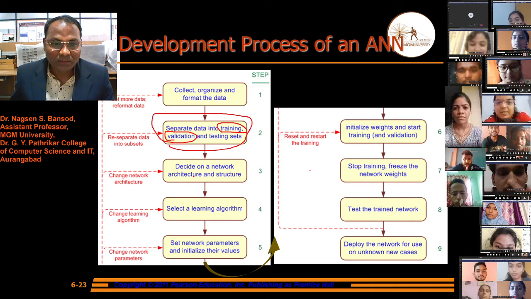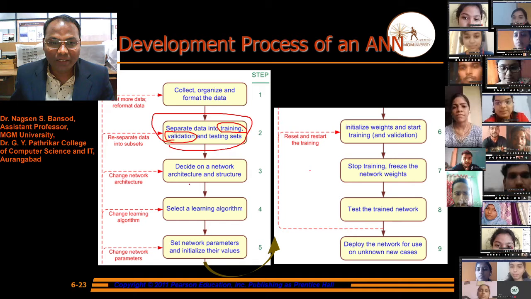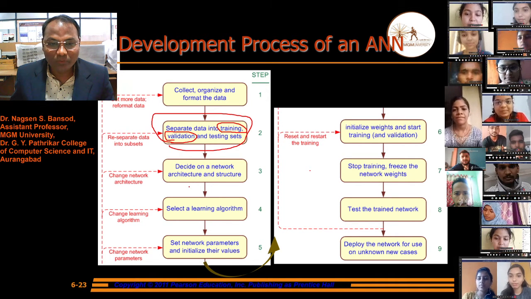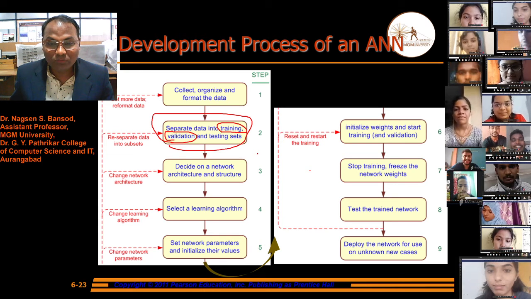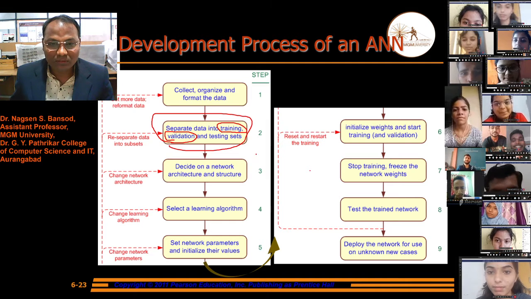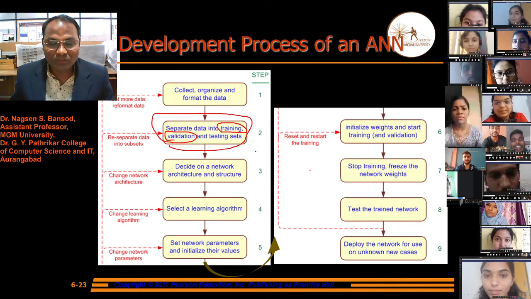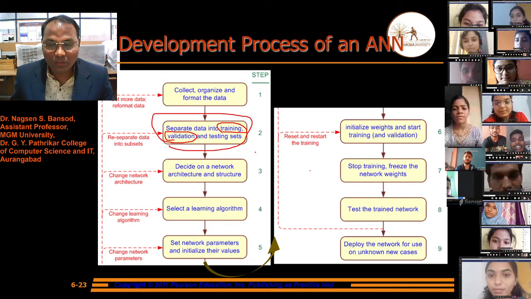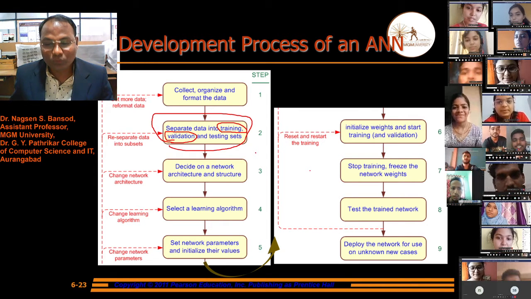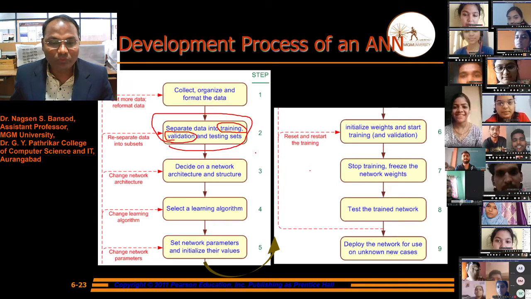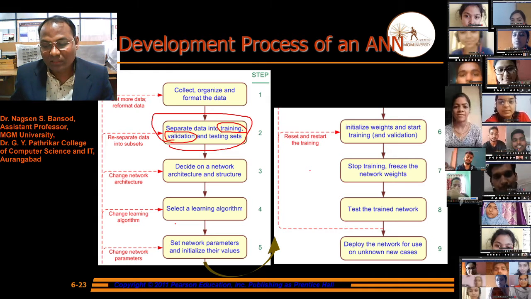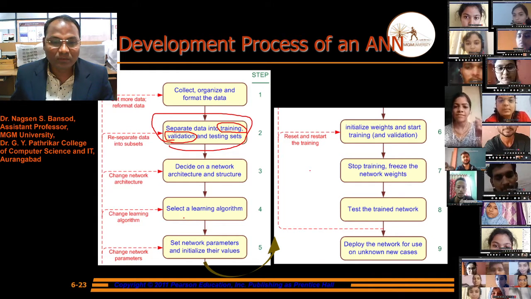After that, decide on a network architecture and structure. According to our problem, we have to decide the neural network structure, like back propagation, linear, whichever neural network structure will be more suitable to our problem. And then select the learning method, learning algorithm like